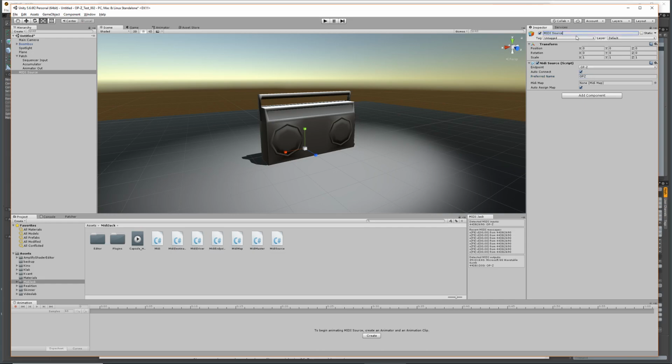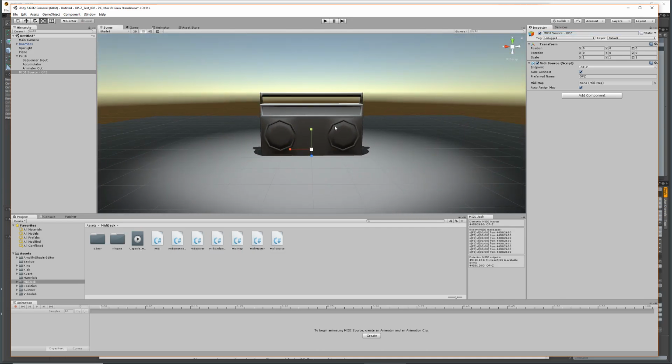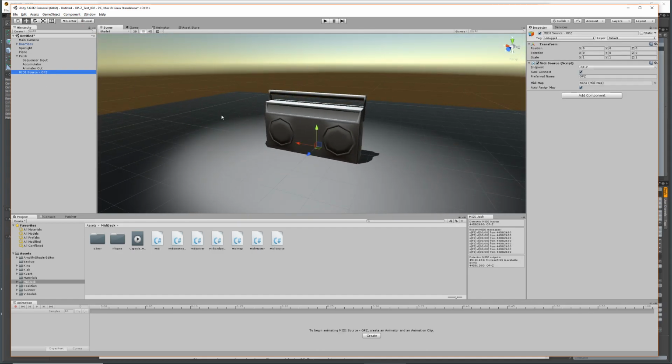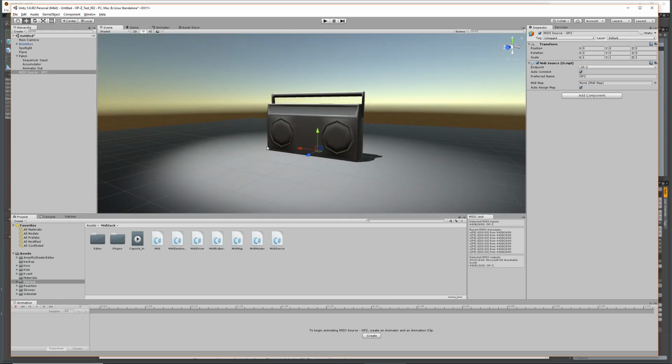I'm going to say MIDI source dash OPZ. Okay, not OPZ, but OPZ. And it's not really a thing. It's in the scene, but it's not really in the scene. Okay. Now,